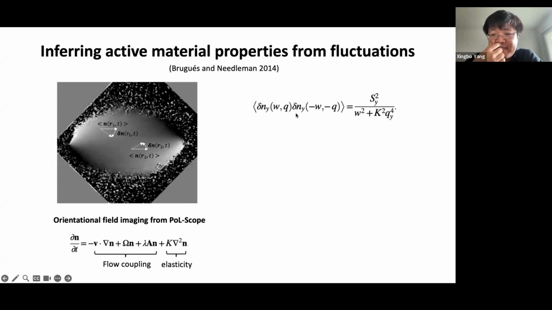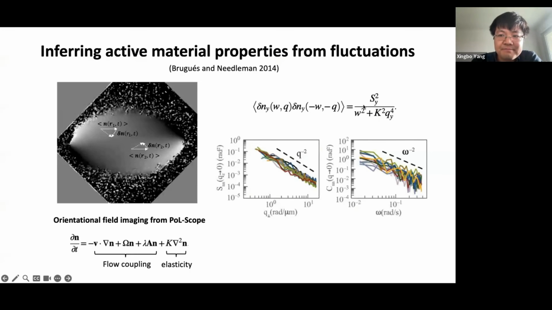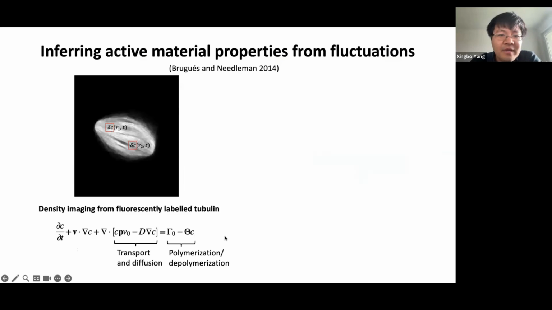You do that in Fourier space, the technical details, where you can predict how the fluctuations behave in space and time as a function of model parameters. In this case, they predict that your polarity fluctuations are dictated mostly by this elasticity constant. If you feed this functional form to your data, where you measure those fluctuations, you can infer the elastic constant of this material. So that's one example. The other one is to do the same thing with density fields,